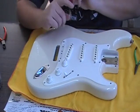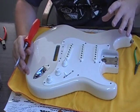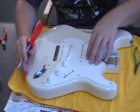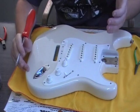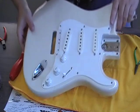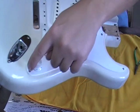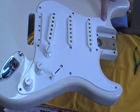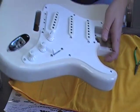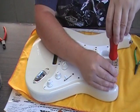Next thing we're going to do is take the pickguard assembly off. When you take the pickguard assembly off, I like to keep the electronics and everything on there. When it comes out, it'll come out as an assembly. So just, if you'll notice, get a good close-up of this. You just want to take out the screws around the edge of the pickguard. These adjustment screws for the pickups and this for the switch, just leave that on there for the time being. So we can go ahead,